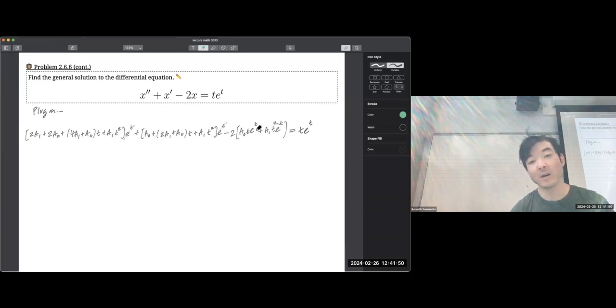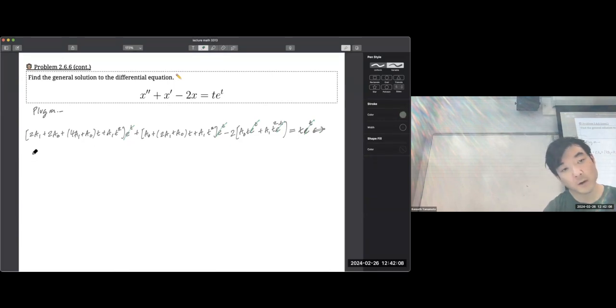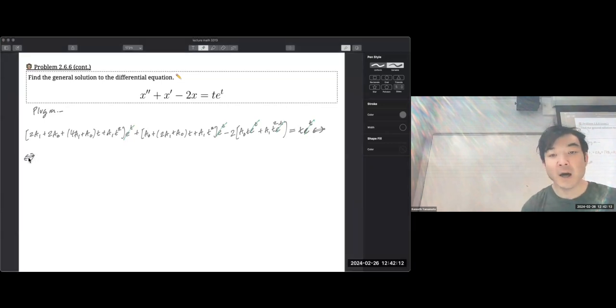Of course, right here, I didn't go through the trouble of factoring out the e to the t, but you can imagine that if you multiply these out, there would be two terms that have e to the positive t, and those get canceled. So you get this. And then I'm just going to write all the terms in the correct order here. What I mean by correct order is I'll just write it straight. So I'll just say this is going to equal